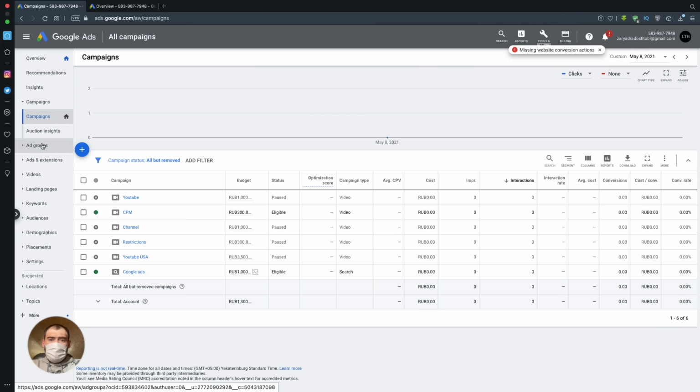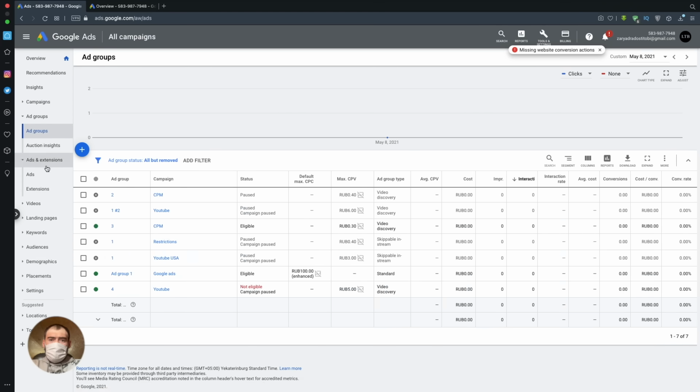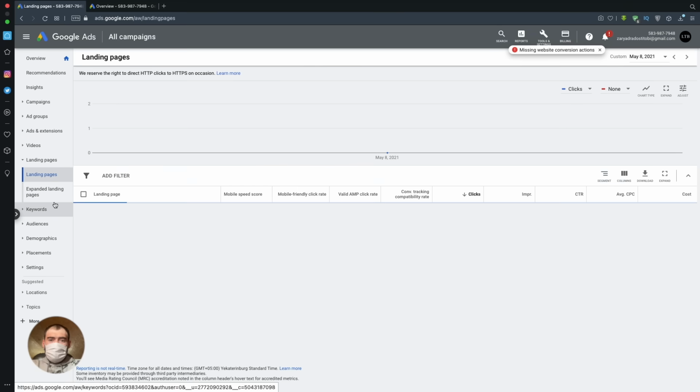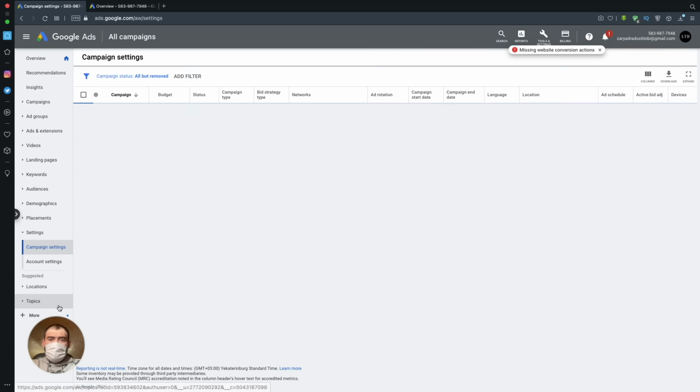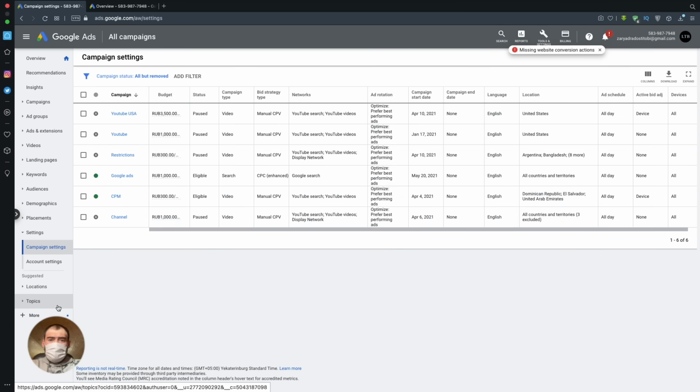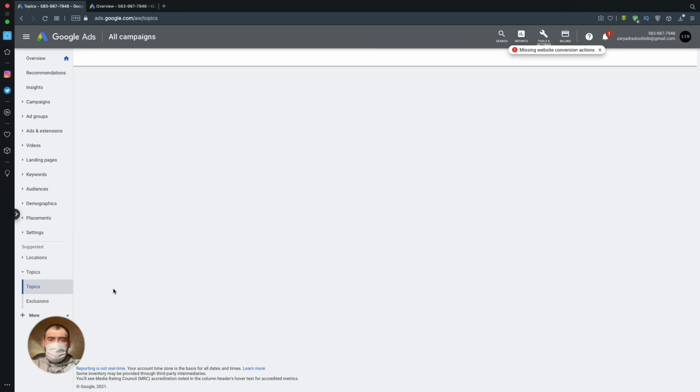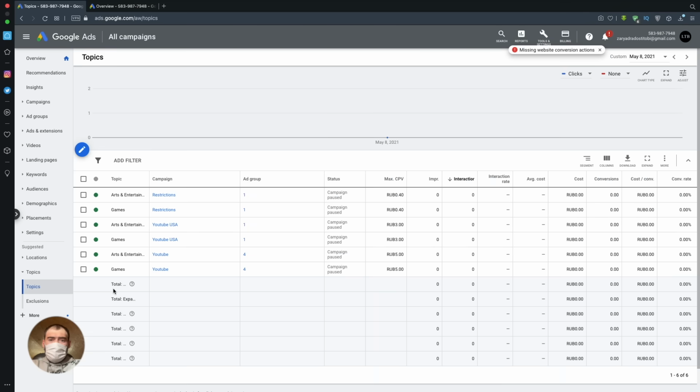If you go to your advertising campaigns, the review will work right away. You will immediately see the general statistics for your account: how many impressions, how many clicks over a period